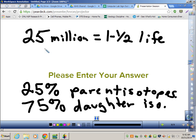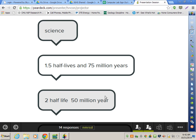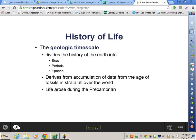And if 2 half-lives are present, we know that 50 million years must have passed because each half-life took 25 million years. Now, depending on what your half-life is and which isotope you're using, that will change depending on which fossil or stratum you're looking at. Okay? All right. So the geologic time scale, that's where this whole time scale comes from. That's how we can say dinosaurs and humans never were around together, because